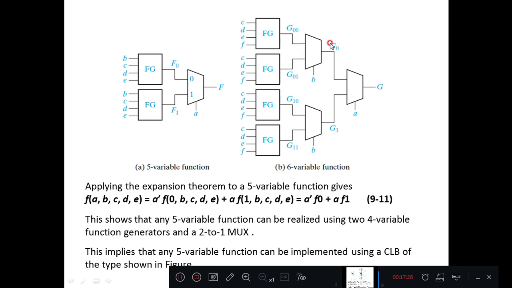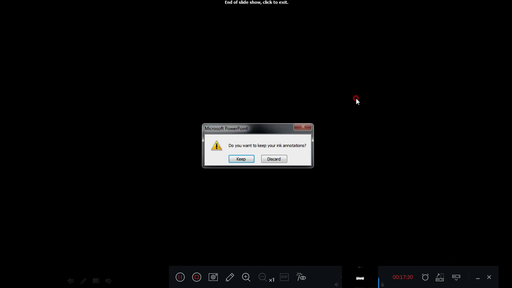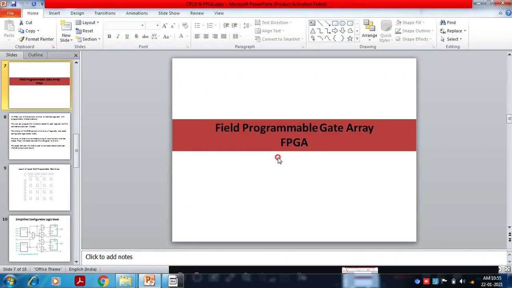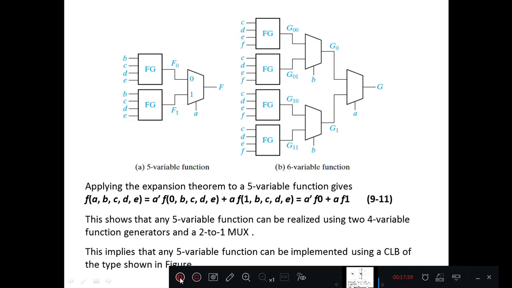So output here is G0. Now you can observe that the 5 variable function is implemented as A dash F0 B C D E. This is this particular function. We can write it as A dash F0 or A F1.